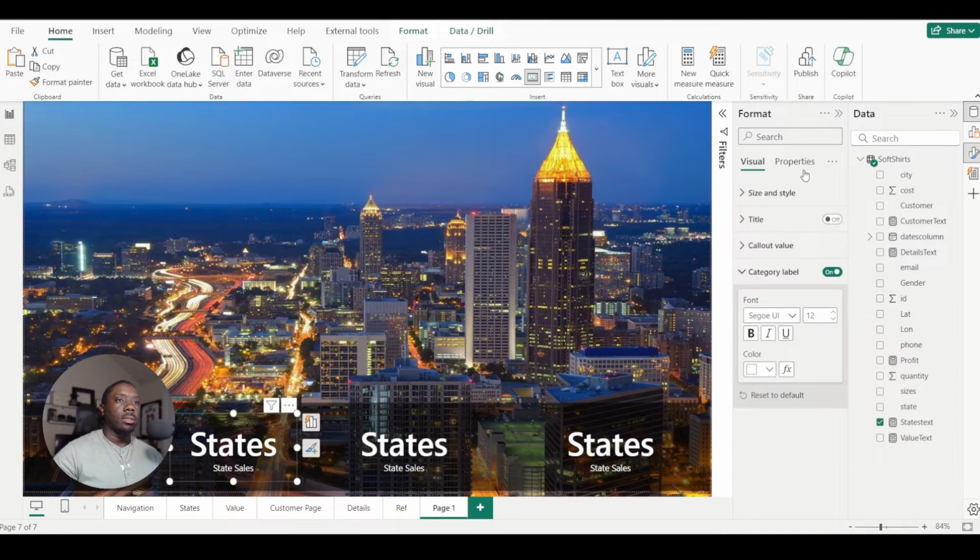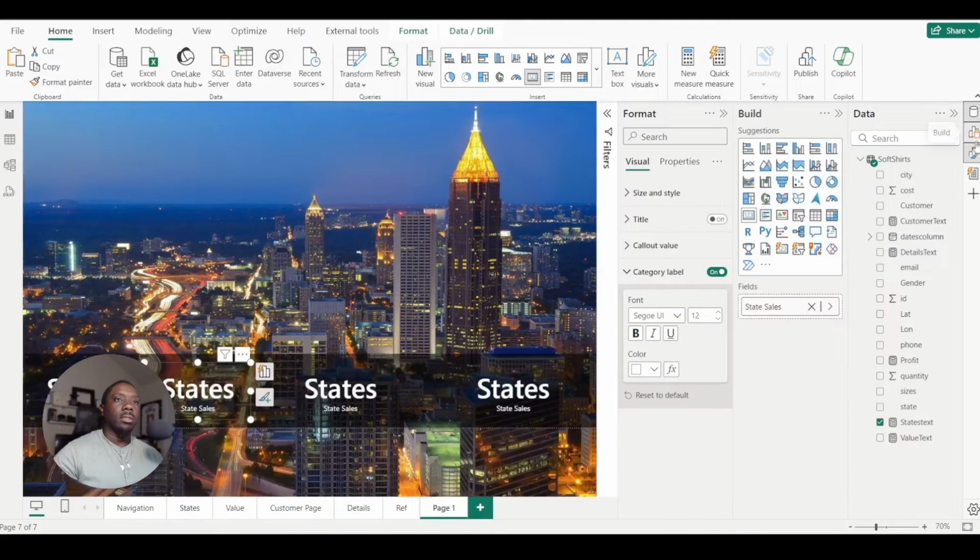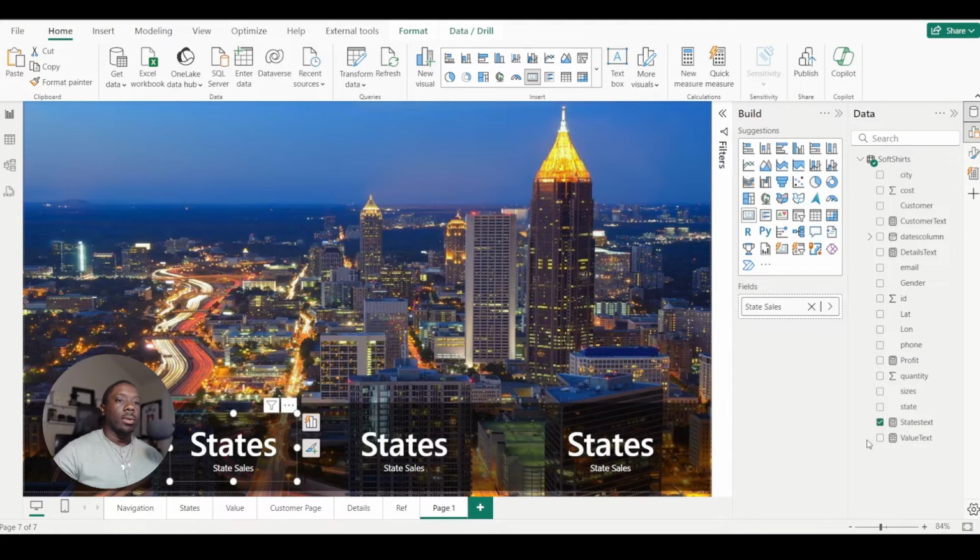All right, let's just do this. Let's change this back to border. There we go. And we can just add in values here. So it gives us our value text, and then we can just change our category label. So we'll just call this the sales values. So now we have value, we have state, which is state sales, we have value, which is the sales values,